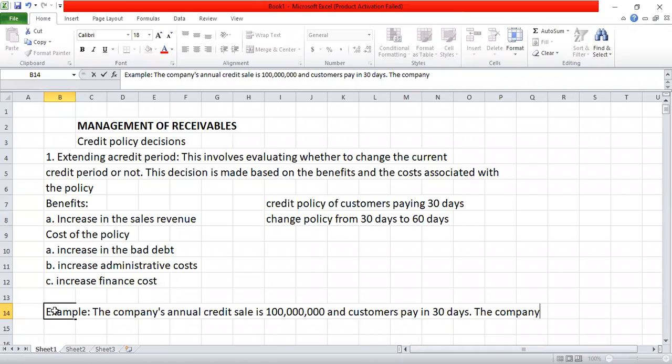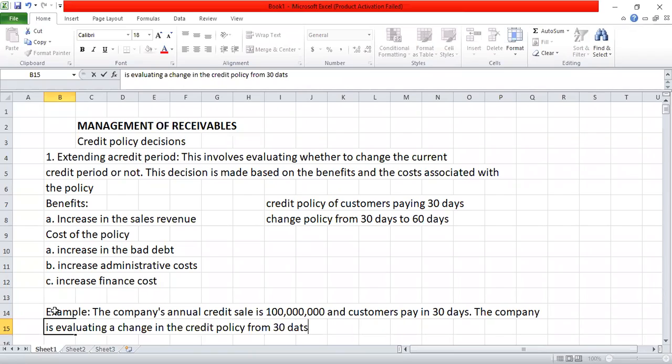The company is evaluating a change in the credit policy from 30 days to 90 days. This change will lead to an increase